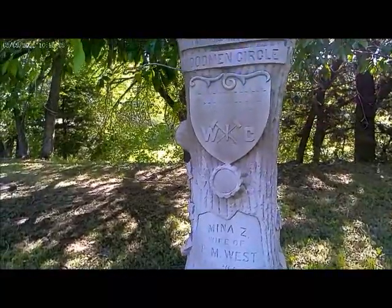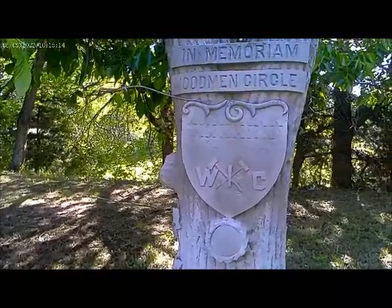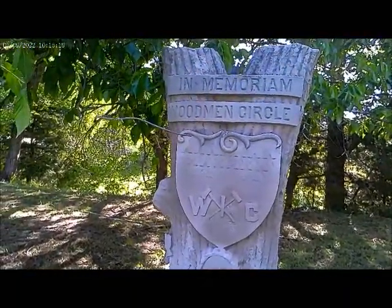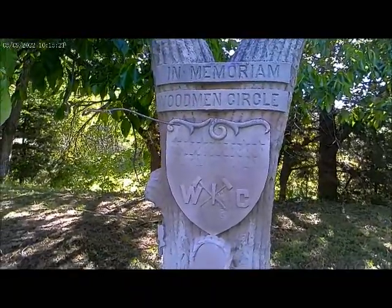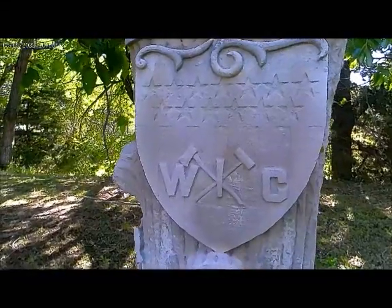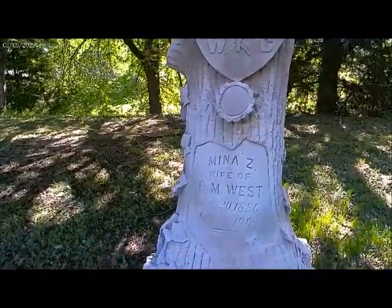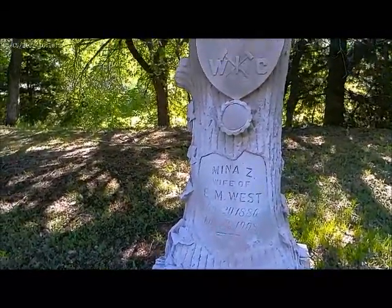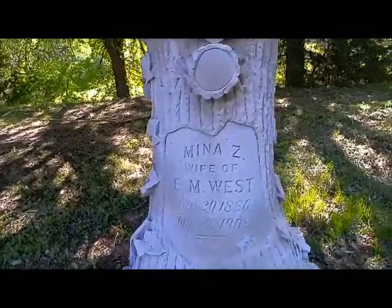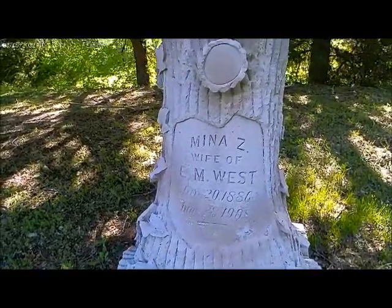What I got out of it was this organization was founded and built in Sherman, Texas. Now I could be wrong about all this. If anybody knows, let me know in the comments. I found this very unique. There's a shield with stars on it, and I don't know. The buildings, of course, I don't believe they're there anymore, but it was founded in like the early 1920s, and this young woman here was only in her 20s, and the husband passed away in the 1940s,